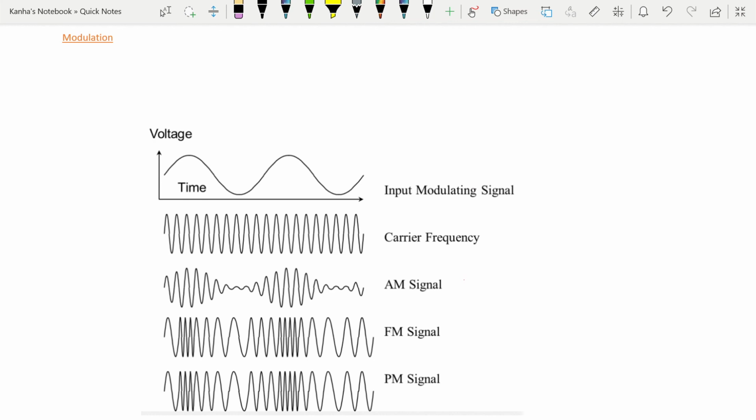Next, we look at the process of modulation. Here, any electrical signal which is there at the input, which we will also call the message signal, is mounted onto another signal of very high frequency, which is known as the carrier signal. And how is this done? This is done through several processes.